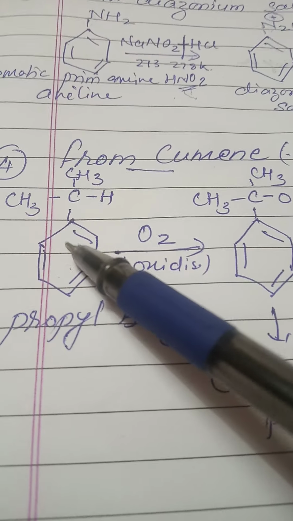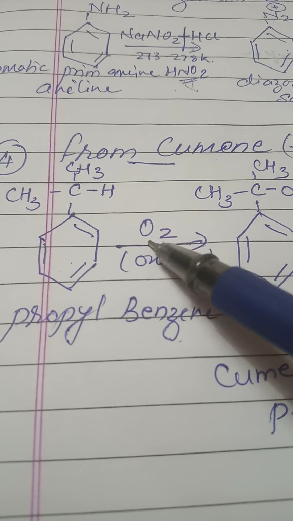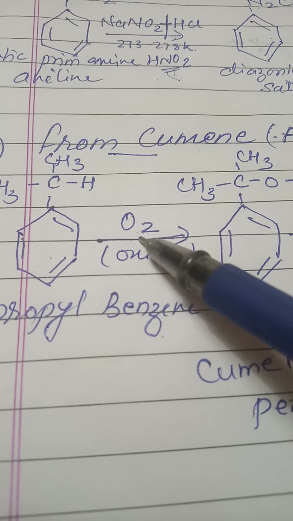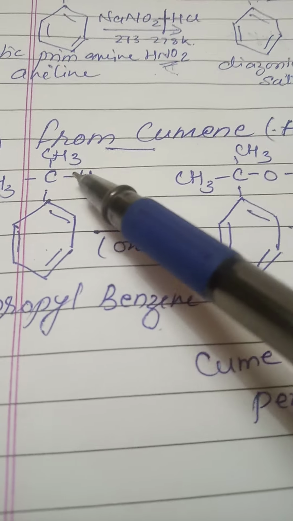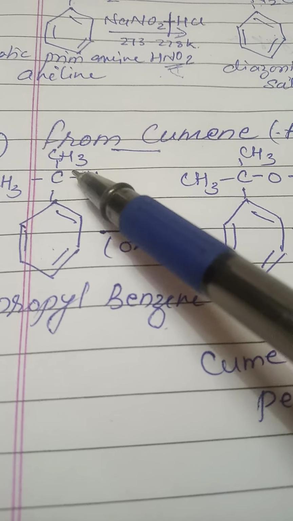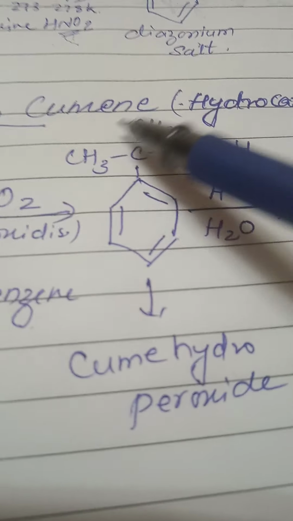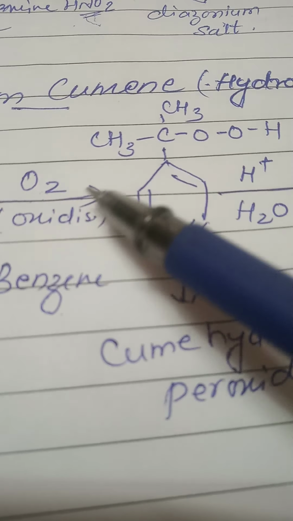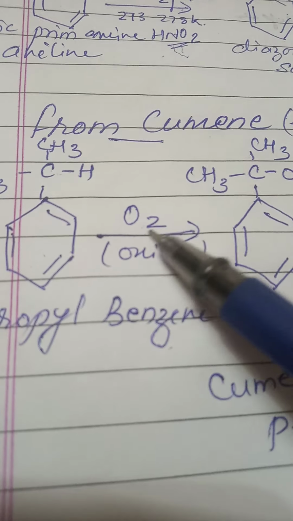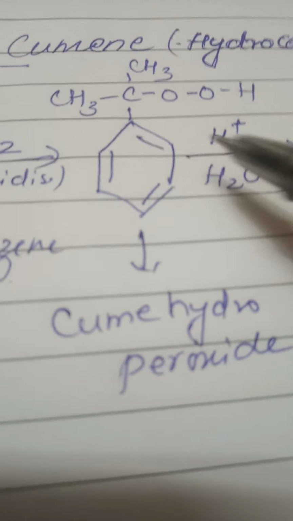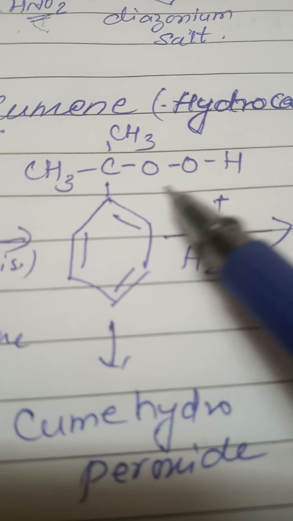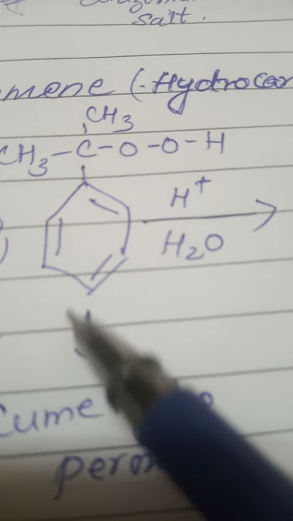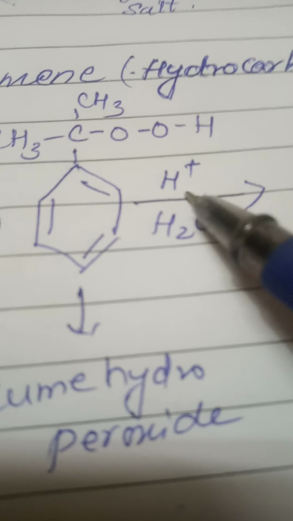This is first oxidized, that means oxygen is added to it. When it is oxidized, two atoms of oxygen get attached at this bond. It breaks this carbon-hydrogen bond and gets attached here. You will get an intermediate product, in which carbon is attached to oxygen and hydrogen is there. This compound is known as cumene hydroperoxide. Hydroperoxide is formed of peroxide. This is then treated with a dilute form of acid.